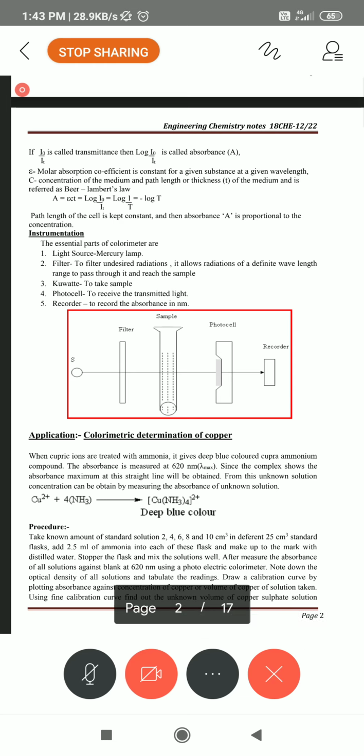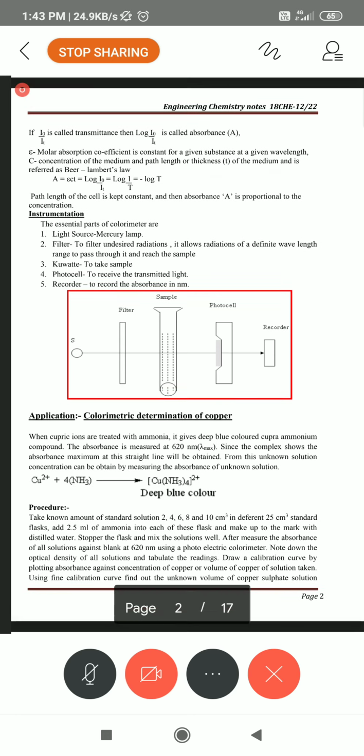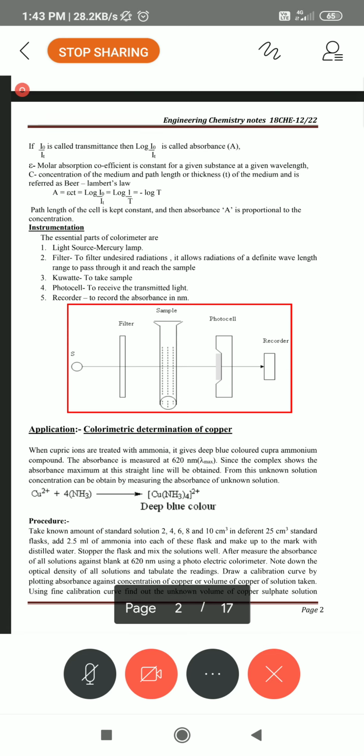From that, for the first volumetric flask, you fill 2 ml of copper sulphate. For the second one, you add 4 ml of copper sulphate. For the third one, 6 ml. For the fourth one, 8 ml. For the fifth one, 10 ml of copper sulphate. Afterwards, to all these, 1 to 5, you add 5 ml of aqueous ammonia or